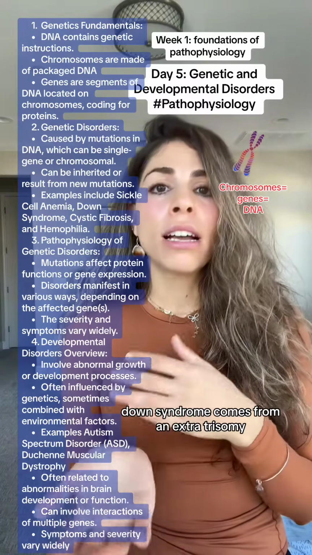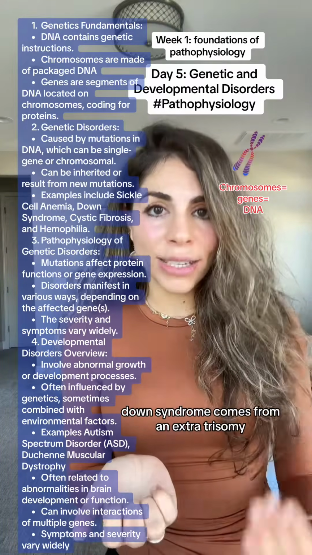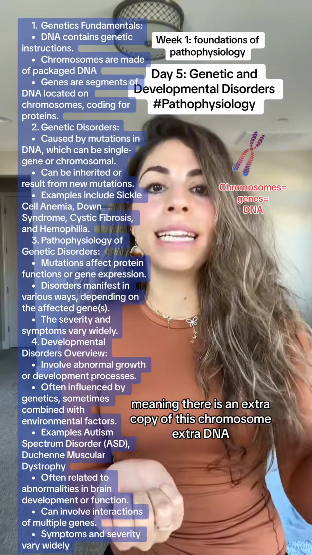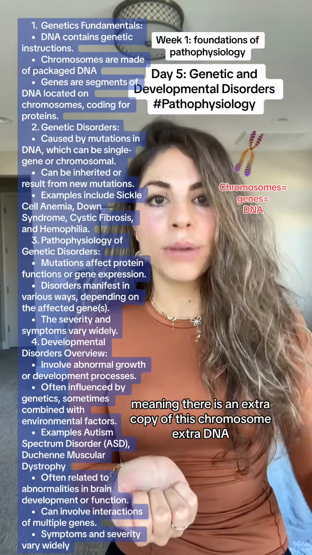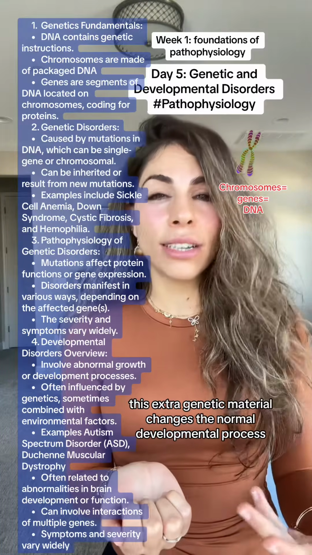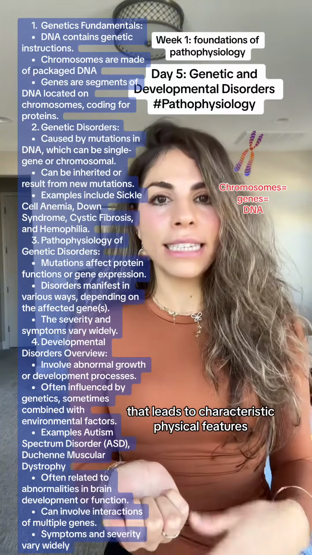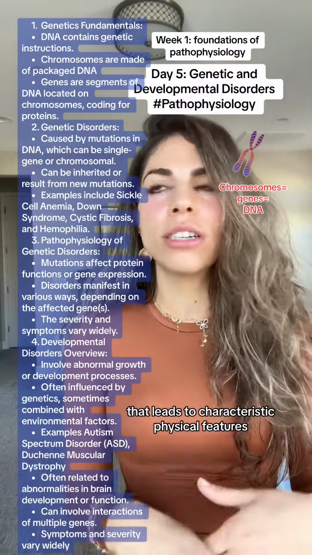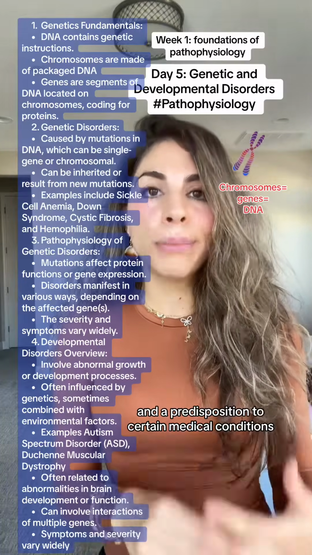Down syndrome comes from an extra chromosome 21, a trisomy, meaning there's an extra copy of this chromosome, extra DNA. This extra genetic material changes the normal developmental process, which leads to characteristic physical features, cognitive impairment, and a predisposition